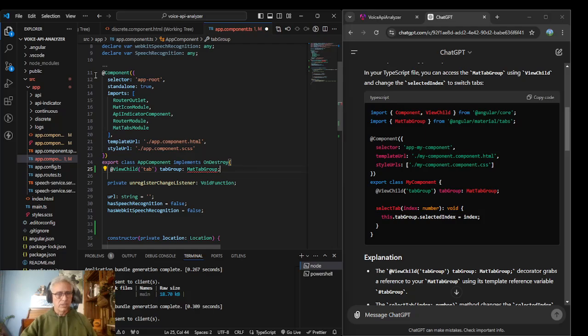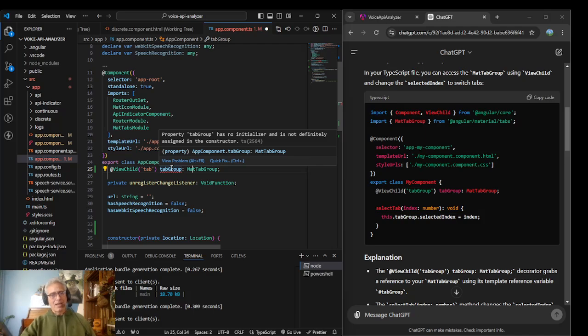Okay, so I need to import this MatTabGroup. So this doesn't surprise me that it has this error, and that's because